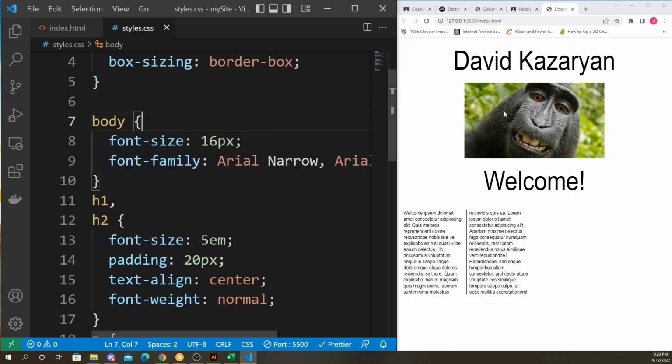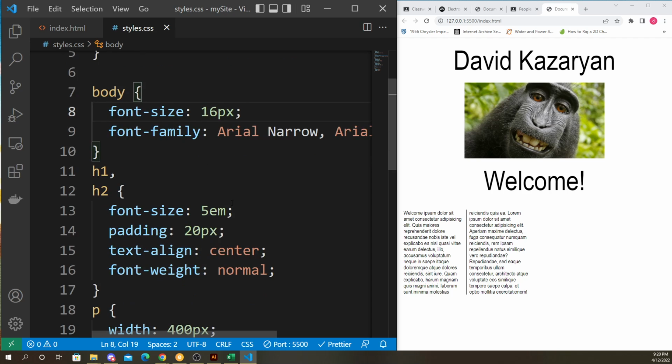So that's a good idea, if you're trying to use EMs or REMs, you can set a base font size of 16 pixels, and then if I say font size 5 EM, it's going to be 5 times that 16 pixels basically. And REM kind of does the same thing. I forget what the exact difference is, but actually it might have to do with,